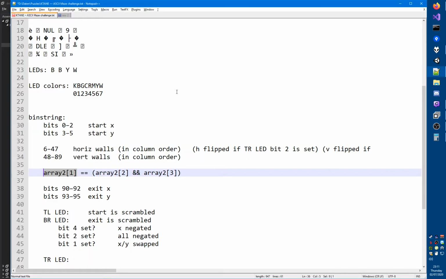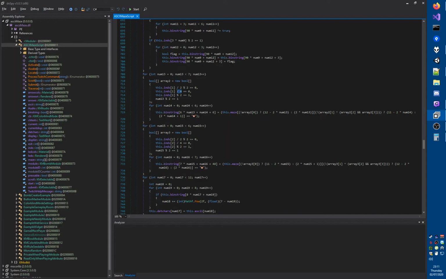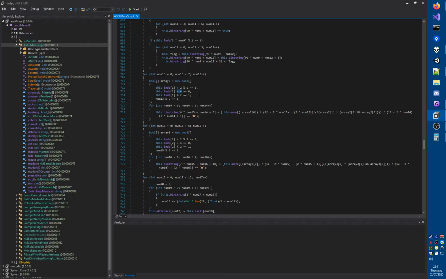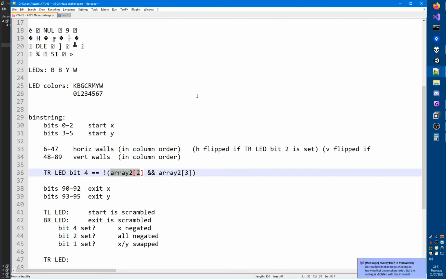So if I negate both sides, okay, so top right LED bit 4 is equal to not that. Now this is saying that the bottom bit, bit 1, so that is top right LED bit 1, is set, and